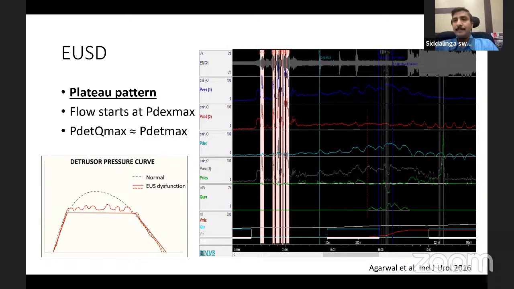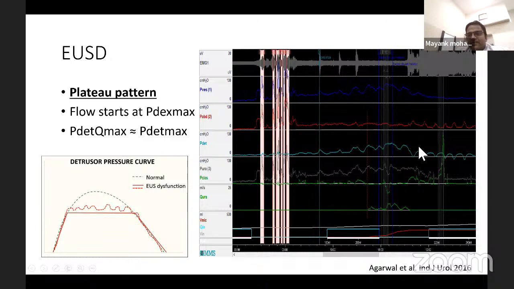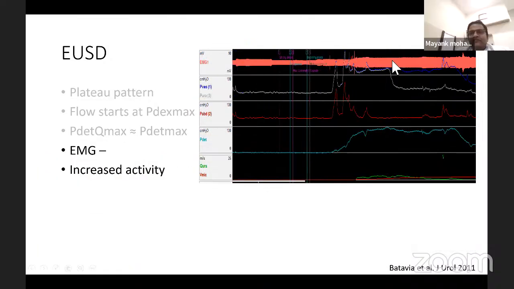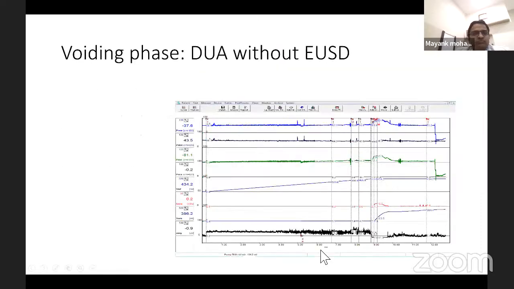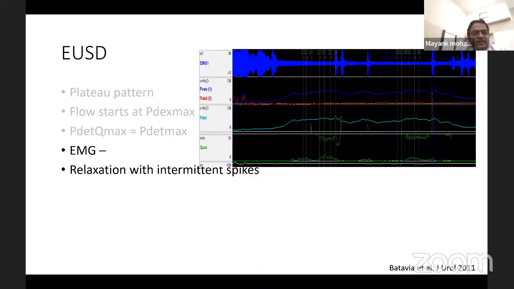Now, you can see this was a more flat pattern. Then you can have this kind of crescendo, decrescendo type of pattern. The patient has a wavy pattern, as if something is inhibiting the detrusor to contract. So it is able to contract, but then it is not getting that feedback from the sphincter, again stopping like that. In EMG, you can corroborate it with increased EMG activity. And so typically these patients will fulfill the mathematical criteria of detrusor underactivity many times,